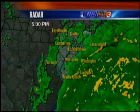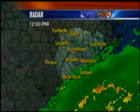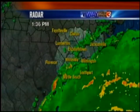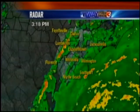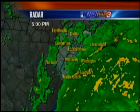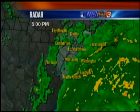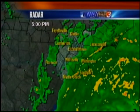If you're new to the area, you've never experienced a hurricane firsthand, whenever you see these things on satellite, you say, oh goodness, it's a solid wall of hurricane force conditions. It's not. Your weather comes in waves. See the different bands we have rotating through? Most of it green, fairly light to moderate rain. But every now and then when you have one of those yellow or orange bands move on shore, your winds can kick up rather impressively, as we've seen just in the past hour or so across parts of New Hanover